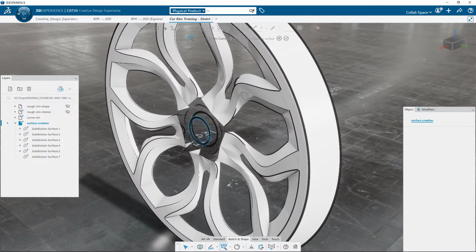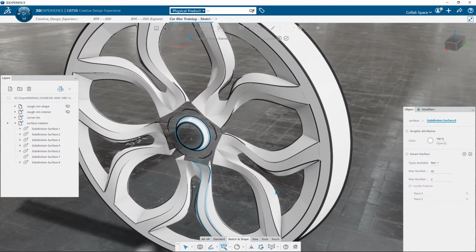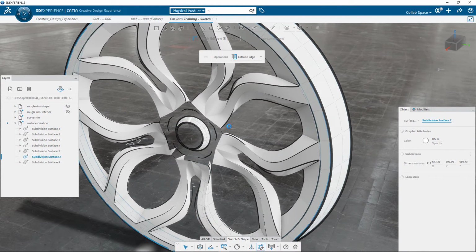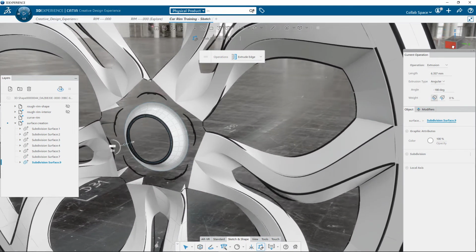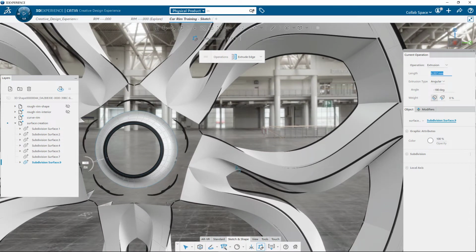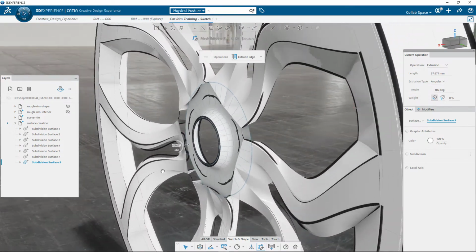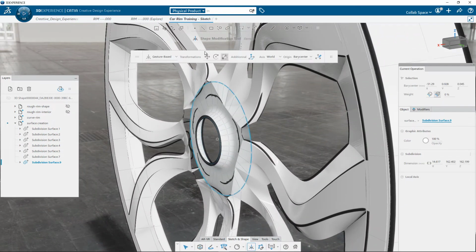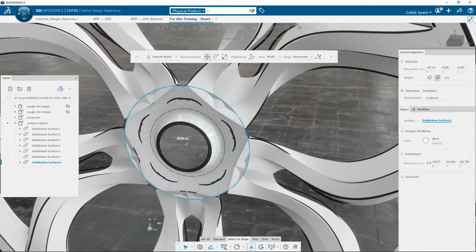For the center part of the rim, I create a net surface again and switch to Mesh Edition to extrude the edge loop. I change the extrusion angle and length with the 3D manipulator in the 3D view. I then use the Transform command to translate, add weight, and scale down some edges.